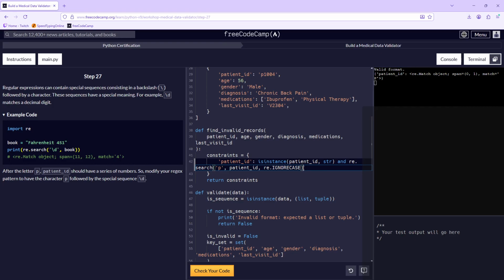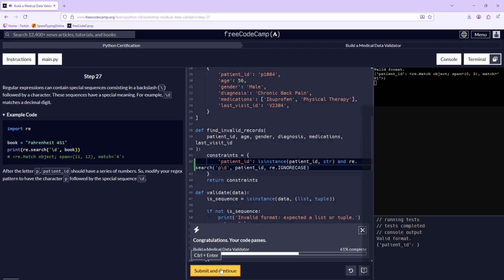So modify your regex pattern to have the character P followed by the special sequence \d. Wait, so should I put the \d over here? Alright.